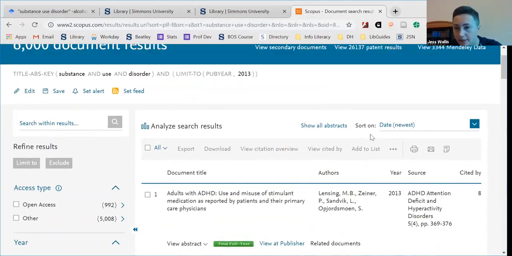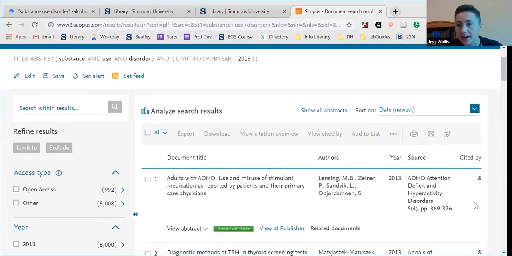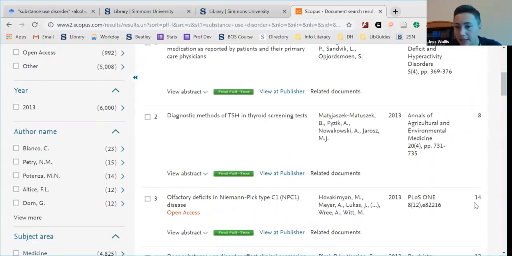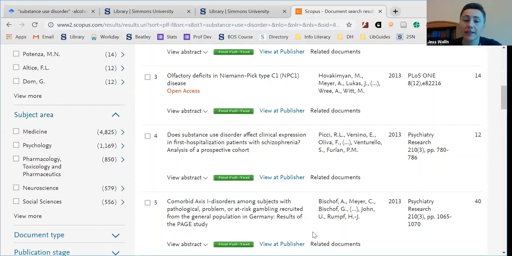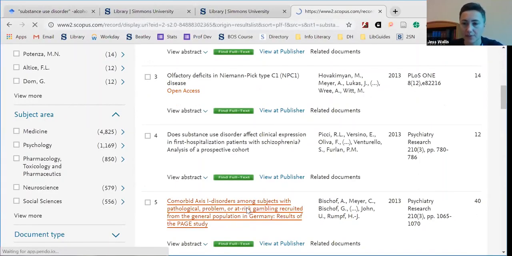And you can see on the right-hand side here, we're starting to see some citations. This has been cited by 8 people, 8, 14, 12. If you want to find a more popular article, you can look at that type of information. So if we go into this one,